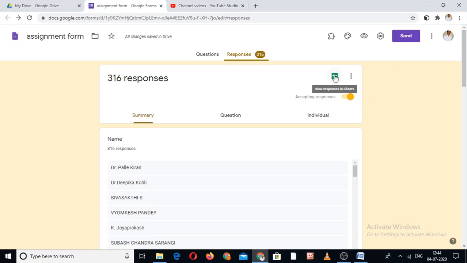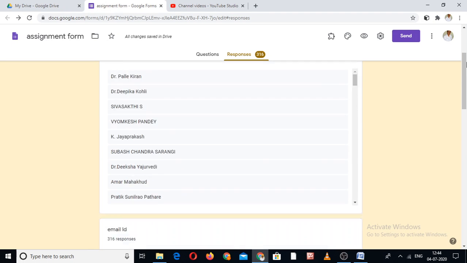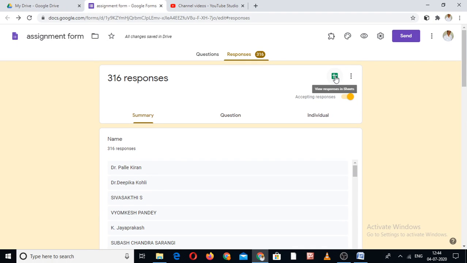Once you save it, there is no need to go to these responses and charts and the complete procedure. You just click on this and download it. Once you download it, when other people register, automatically at the same time, with the minutes and seconds, the details will come out in your downloaded Google Sheet, this Excel sheet, sorry.